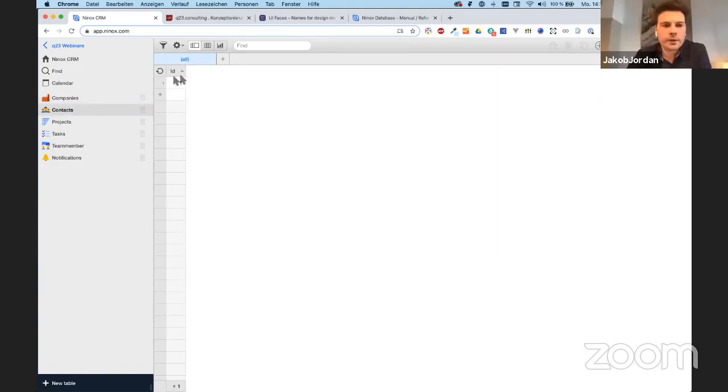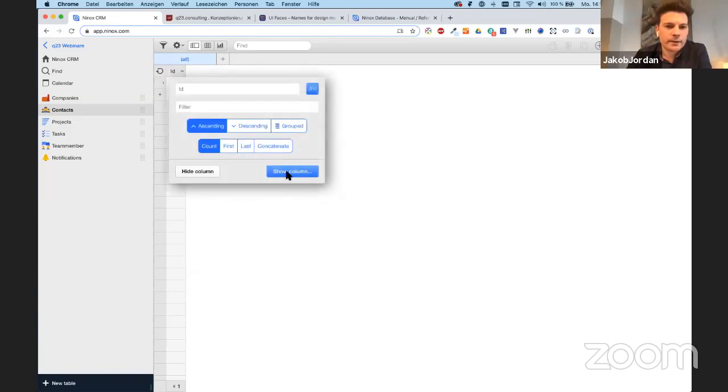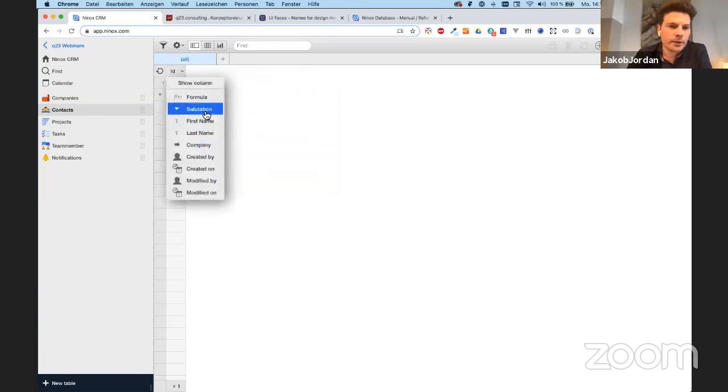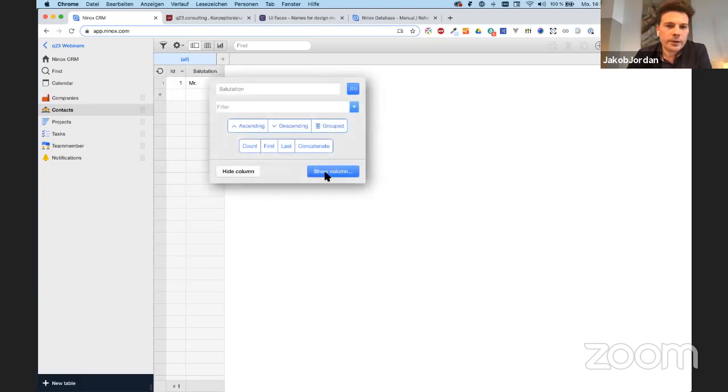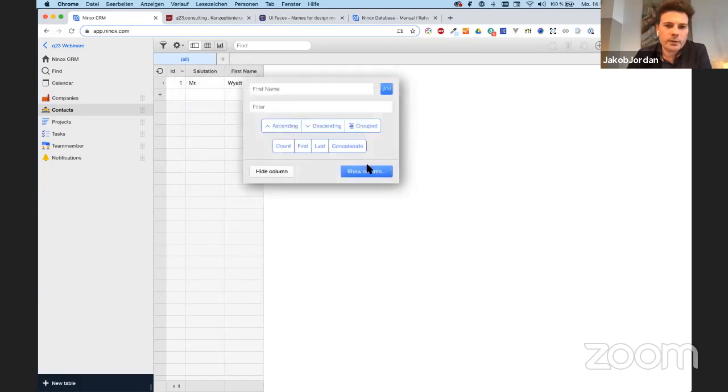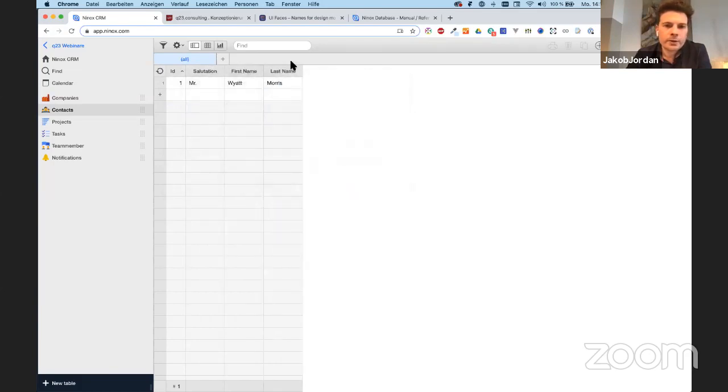All right. I will proceed. So the contacts list is still empty, but we have the fields. So I will add those fields as columns. So it's not that empty. And now we also can